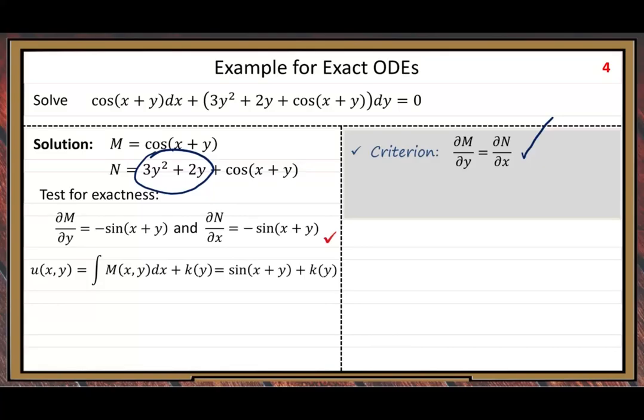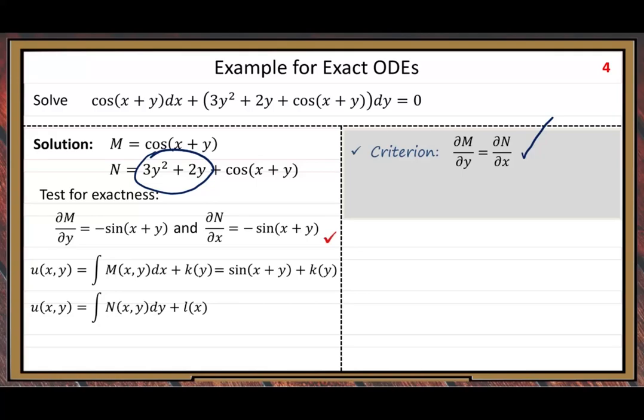Because the m function is known, it's sine of x plus y plus little k of y, where this k function is to be determined. All right. Second, u